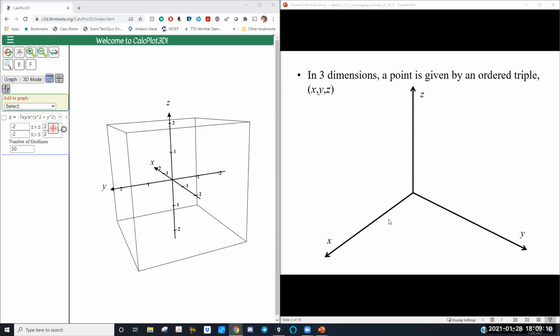So now what happens is we have a point in the XY plane, but it's projected above the XY plane along the z-axis. All right. So you can almost think of it as the top corner of a box. We've got the X direction, the Y direction, and then up is the Z direction. So that's what an ordered triple will look like.